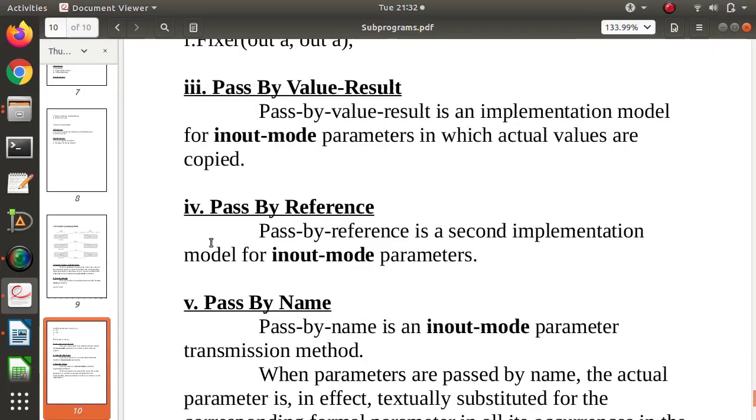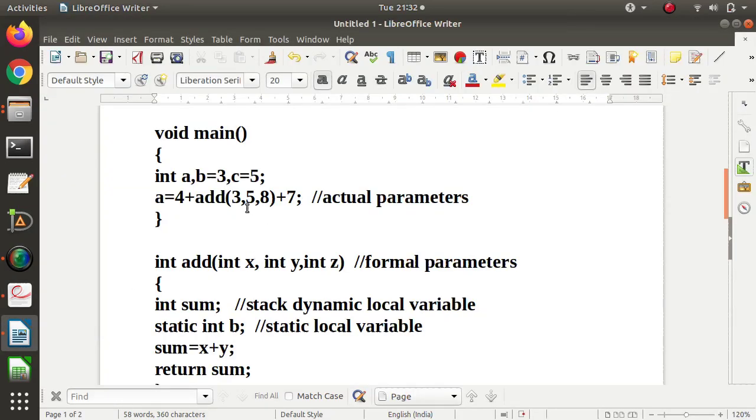Then pass by reference. So in pass by value that we are seeing here, values we are copying. 3 is copied here, 5 is copied here, 8 is copied here. Now instead of passing values, we can pass addresses.